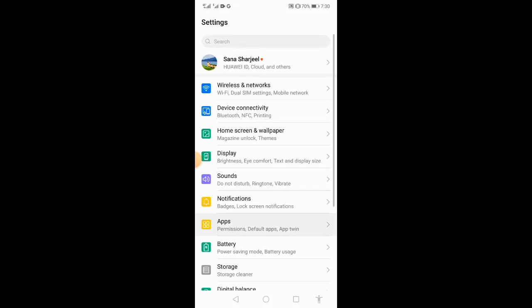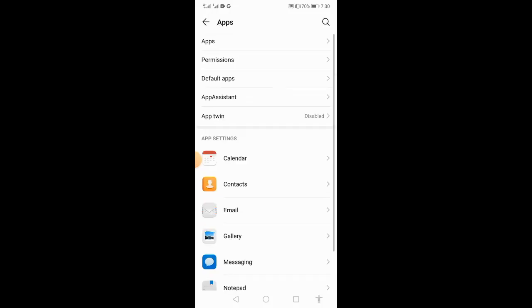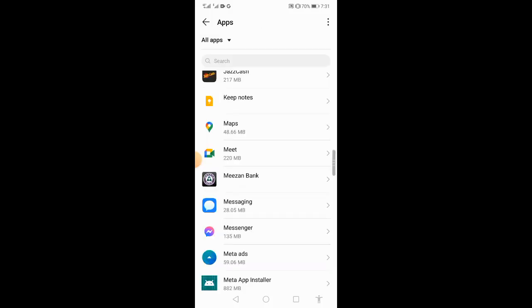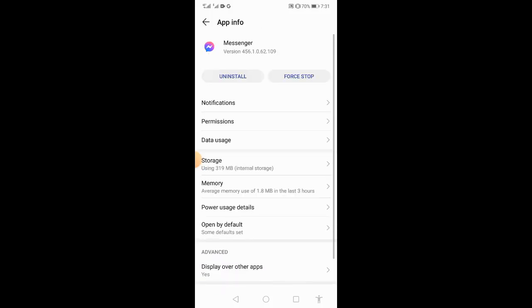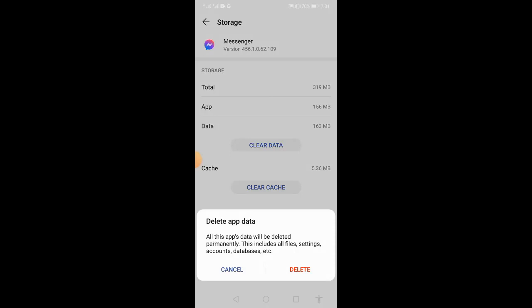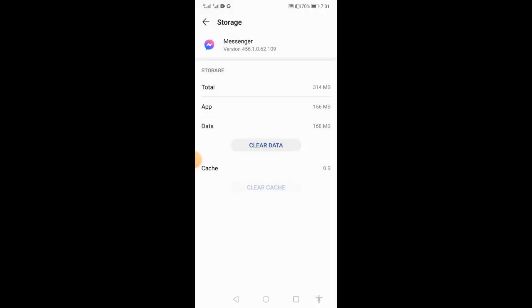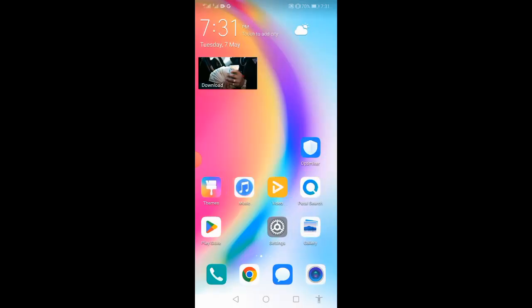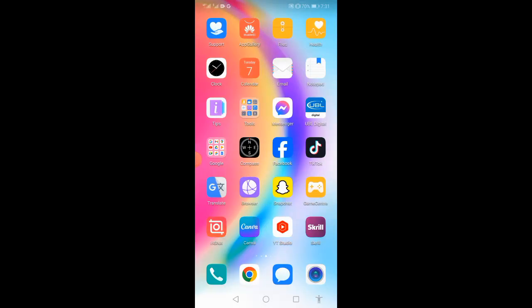the Messenger app information. So you have to open the phone settings and go to app information, and when you open the app information you will find the Messenger app, and you have to click on storage to clear the cache. Also clear the data, so you clear your data and clear the cache down to 0 kB, so it will be